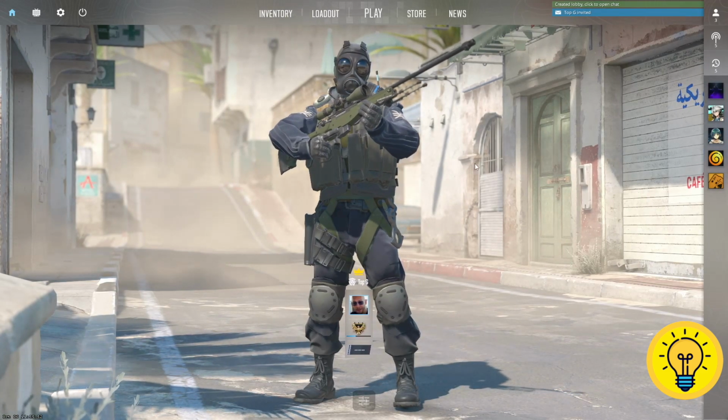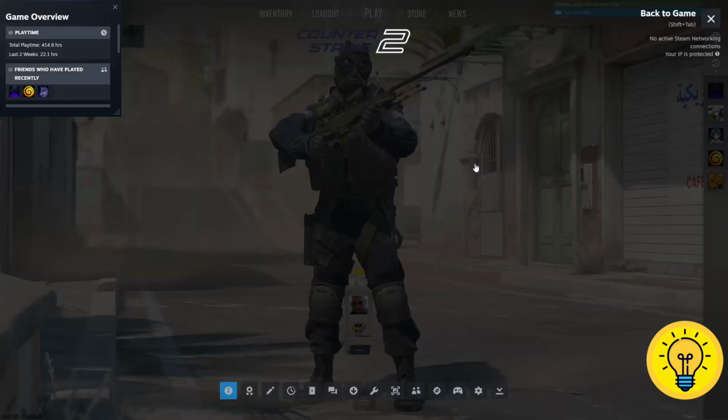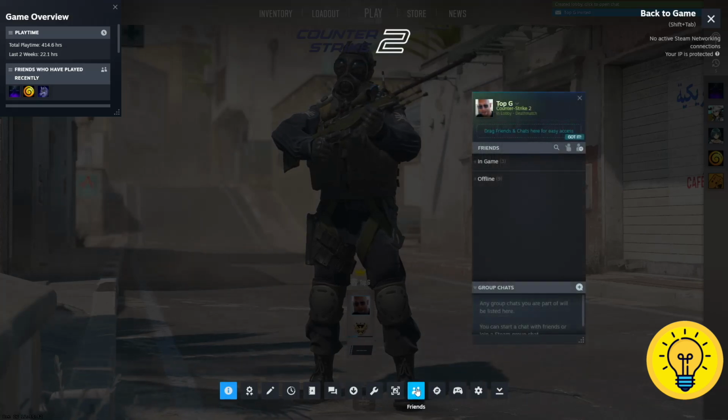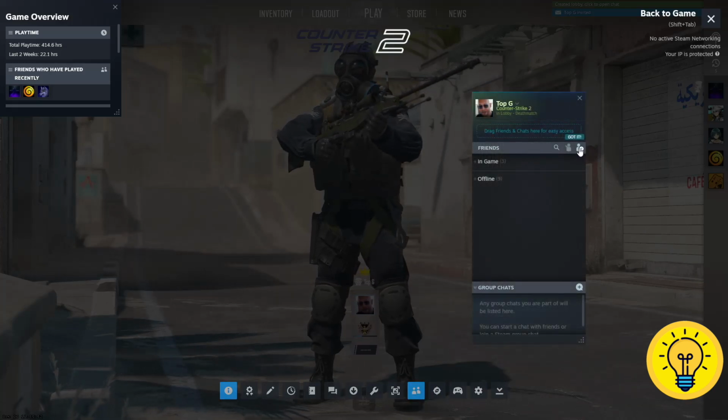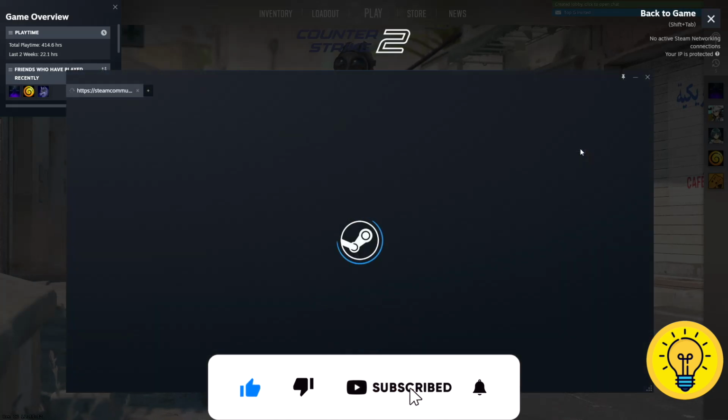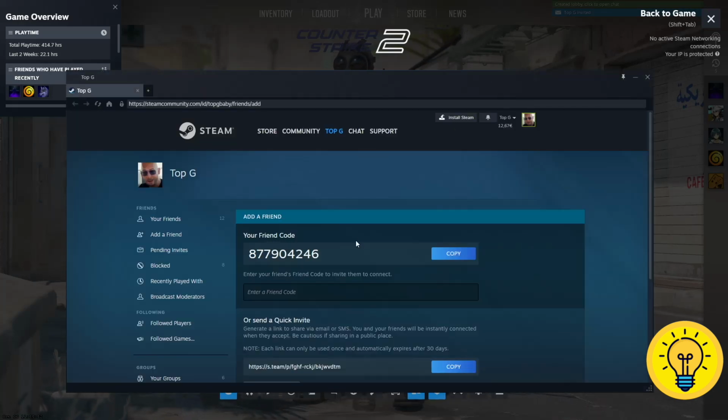If you want to send a friend request to a specific person you want, follow these simple steps. Start by pressing Shift and Tab if you have the Steam overlay enabled, and then navigate to the Friends tab located right here, and next you will see this Friends List tab right here. And now click on the plus icon located right here, and after loading on this page you will see your